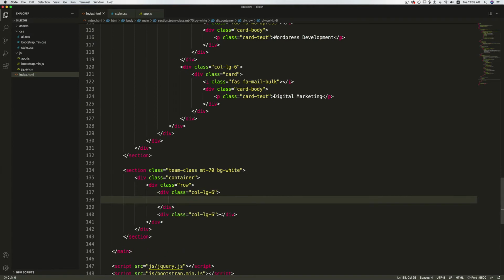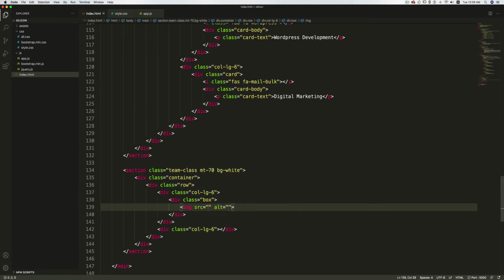So inside the first one, I'll create a div with a class box, and I'll add an image. So it will be assets, image, and bg2. And also I'm going to give it a class img fluid.